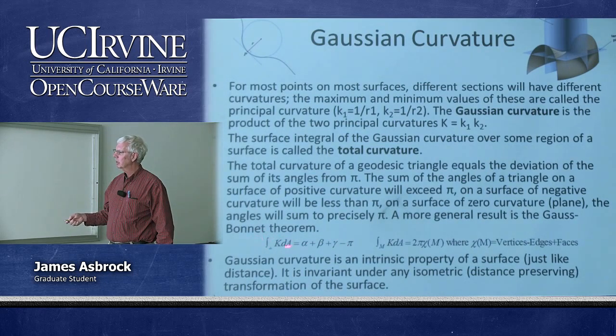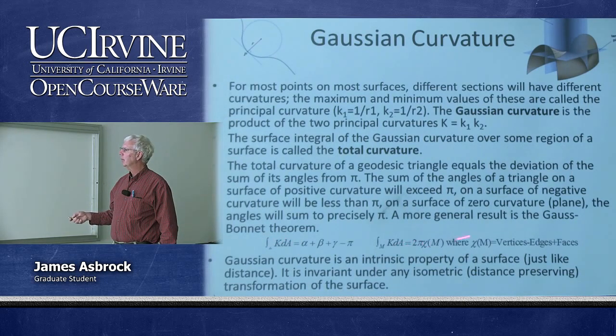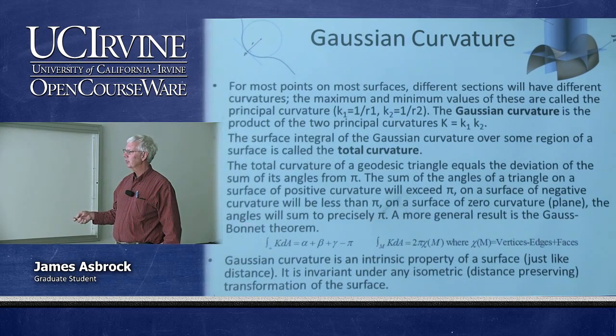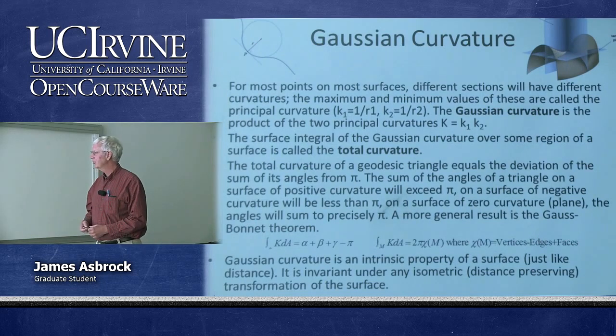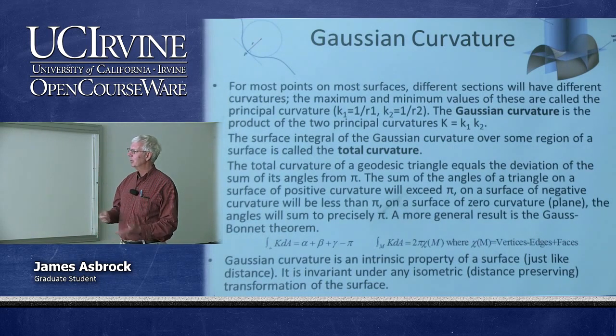So this is basically the mathematical statement of that, and the angle sum is then a measure of the total curvature of the surface. This is extended by the Gauss-Bonnet theorem, which connects geometry, which is curvature, and also topology, which is the number of vertices, edges, and faces. And you'll see this referenced many times. In fact, there's an Einstein Gauss-Bonnet metric.